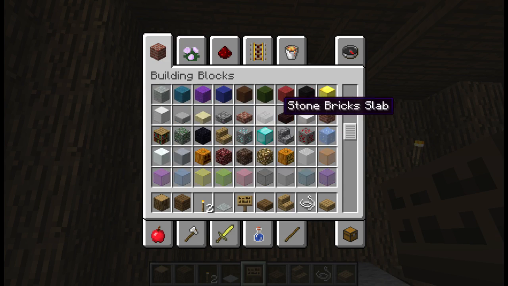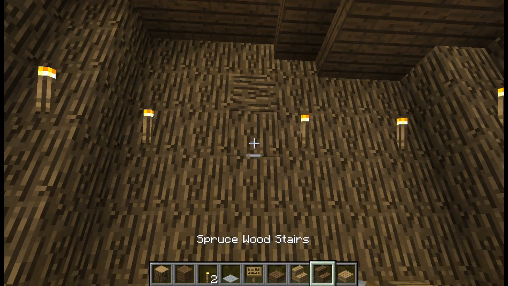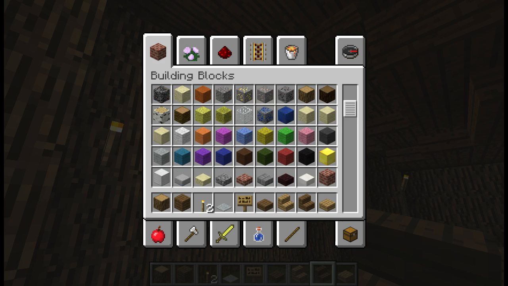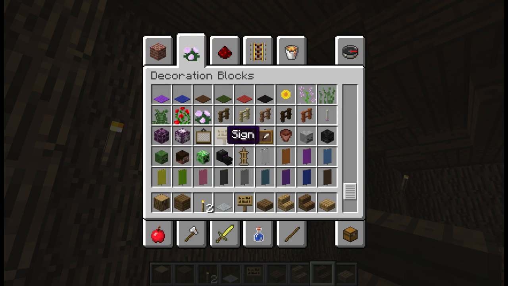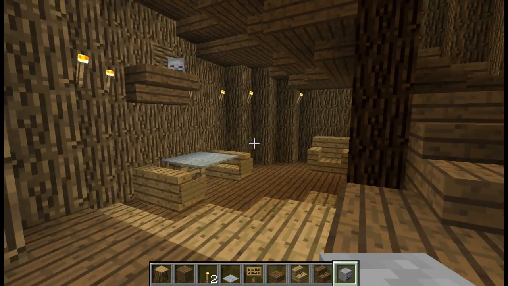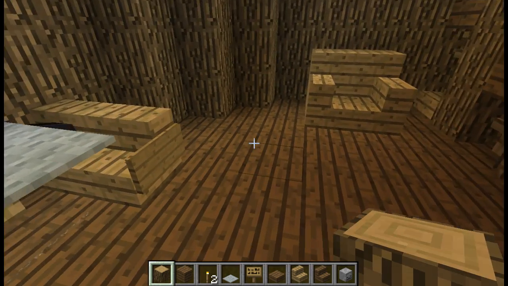Let's also add in some shelves. I'm going to use spruce stairs for this, keeping with the wood in here. We're just going to put a little shelf up there, maybe put a skull up there, because our famous person living in this house killed the warrior and got the skull. I don't know. We can also maybe add in a